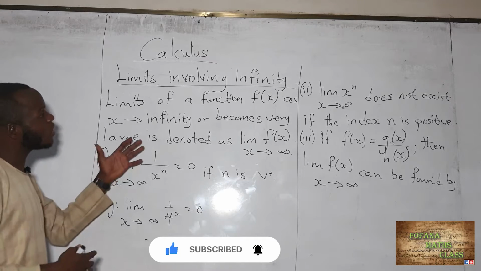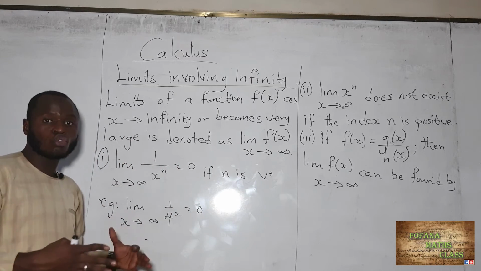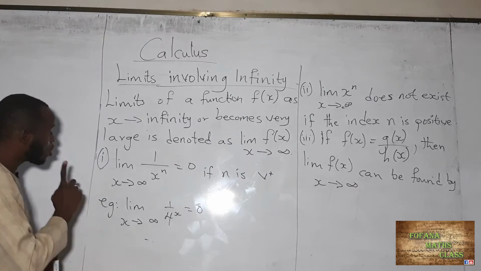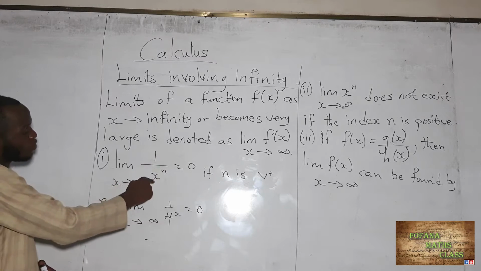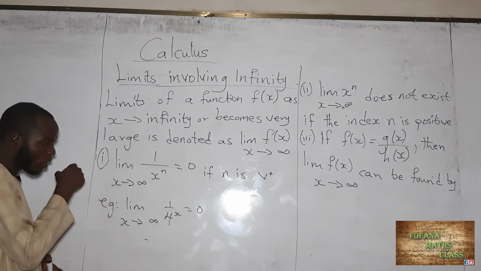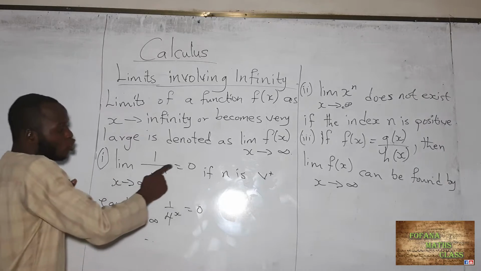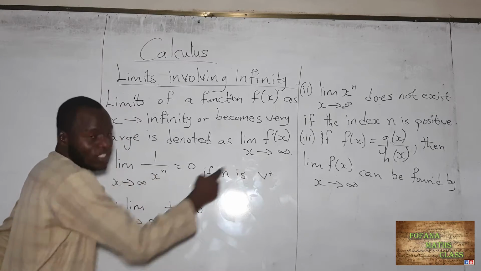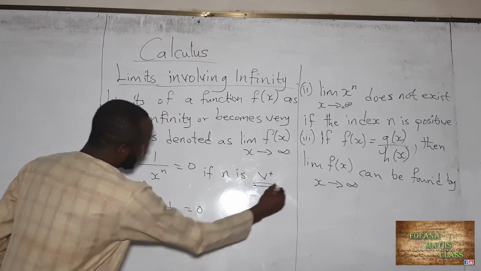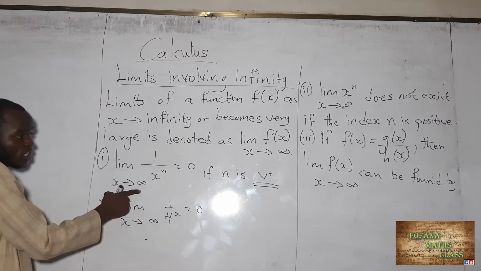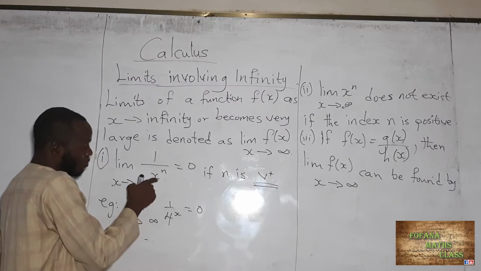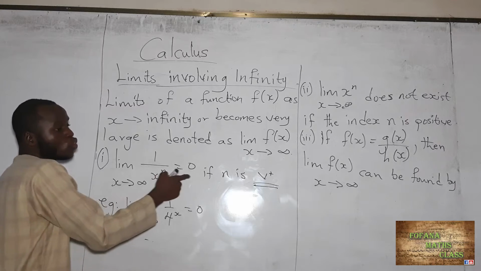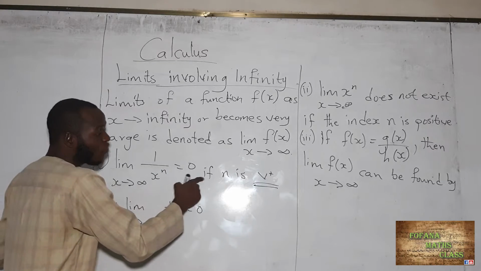Now, limits involving infinity have their own rules that you have to follow. The first rule is that when you have a limit of 1 over x to the power n, as x approaches infinity, the solution should be 0, but only if n is positive. Take note. So if x is approaching infinity and n is a power of x, the answer you'll get should be 0, if and only if n is